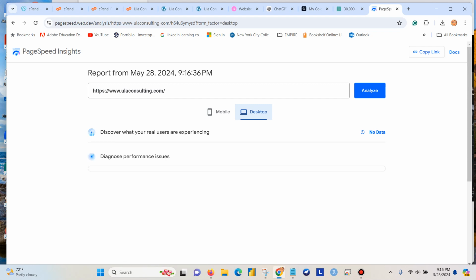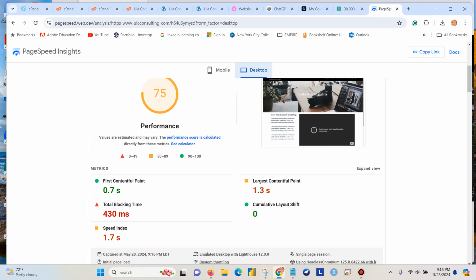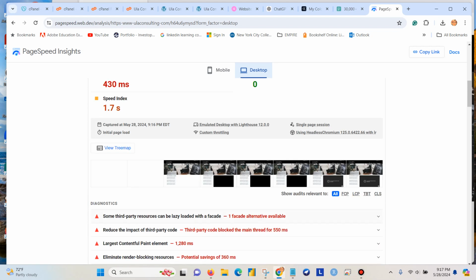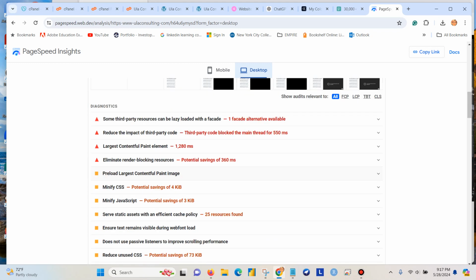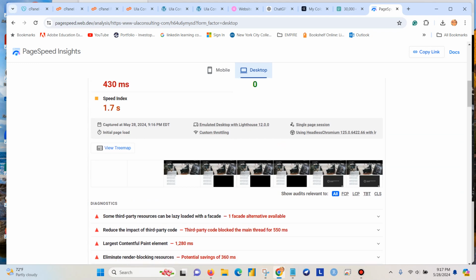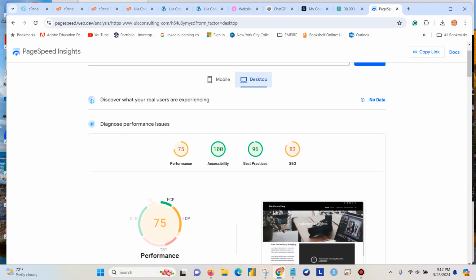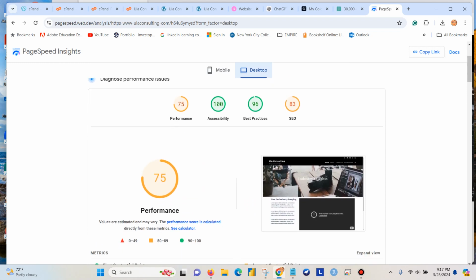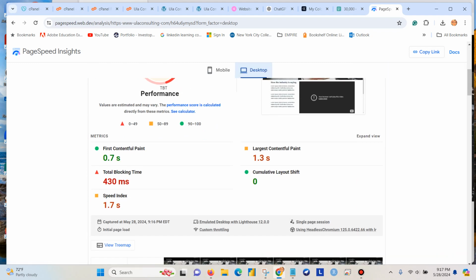Obviously, 75 is bad. But anyway, you have to minimize CSS for preloading. So that's the problem with adding CSS styles. And when you have a template, it comes with a lot of stuff that makes your site not optimal. This is not good. You want to have 88, 99, and you don't want it to take a lot of time